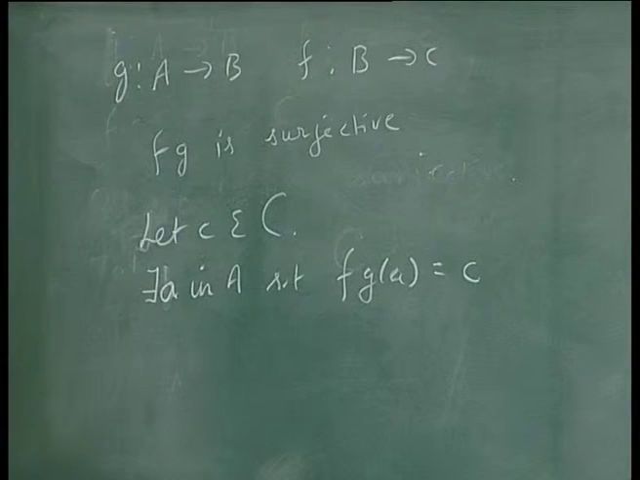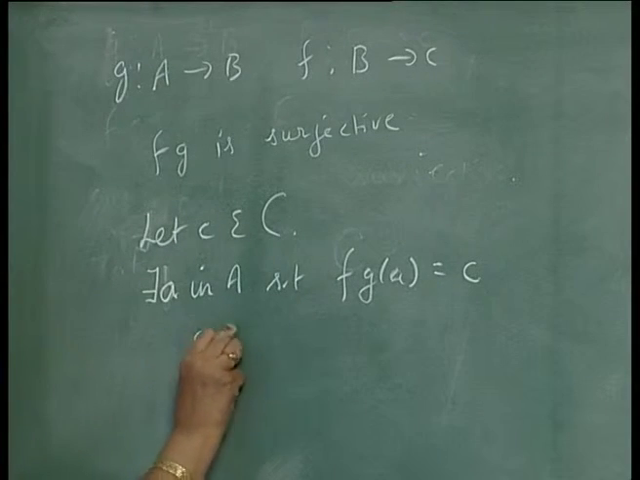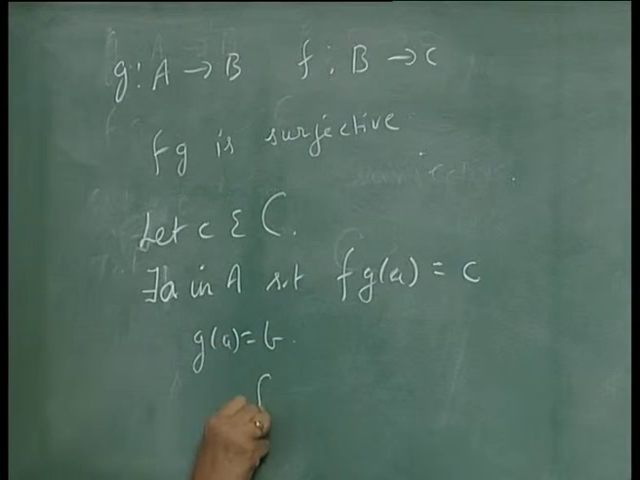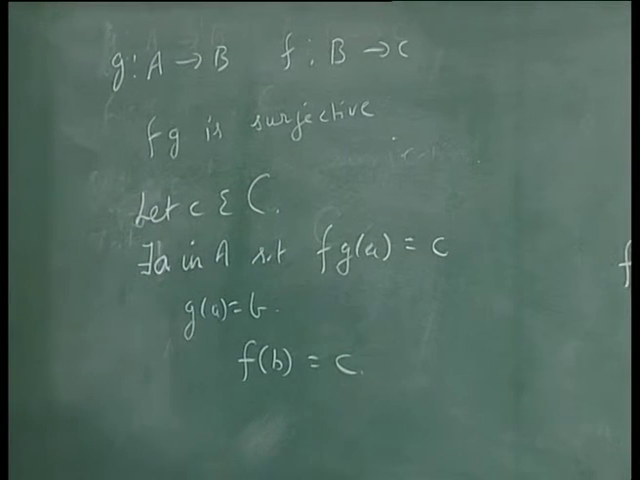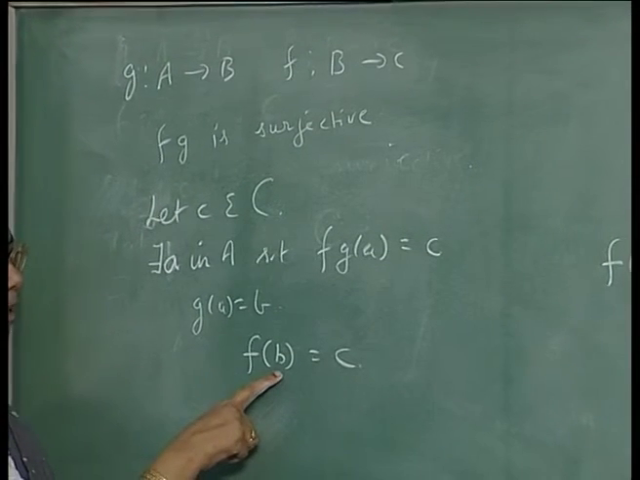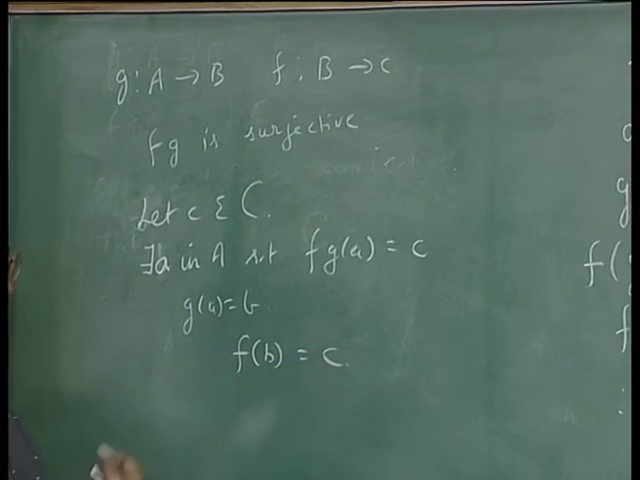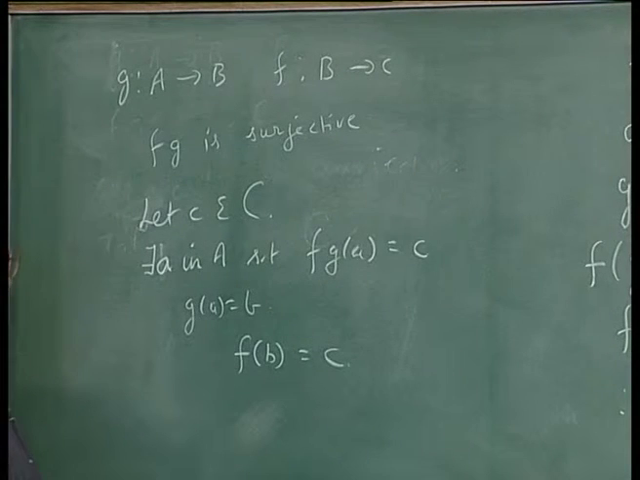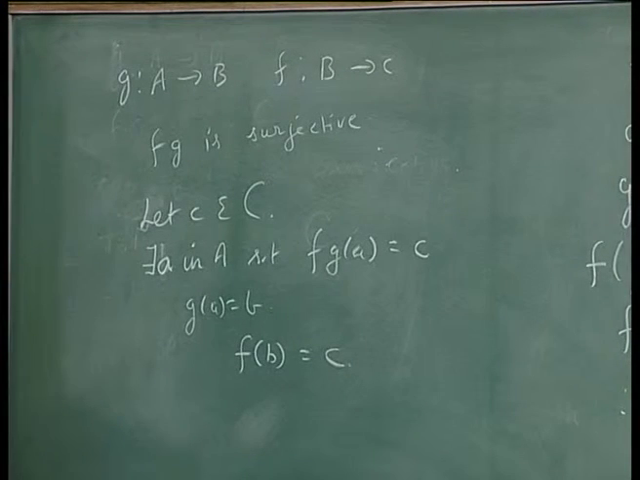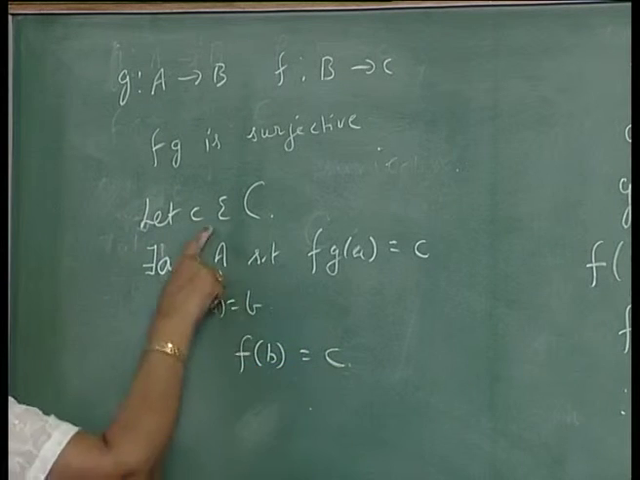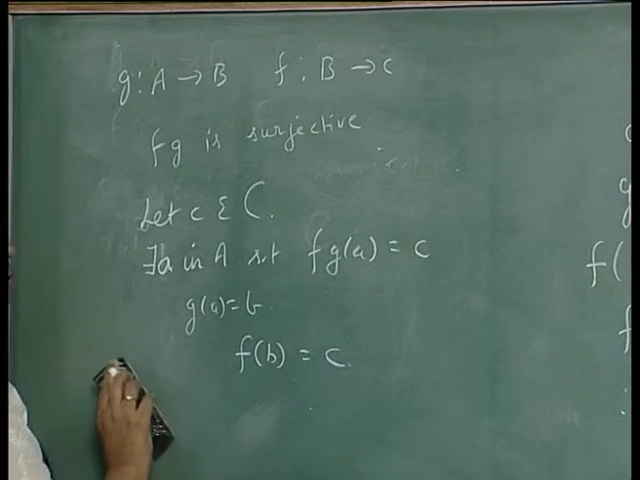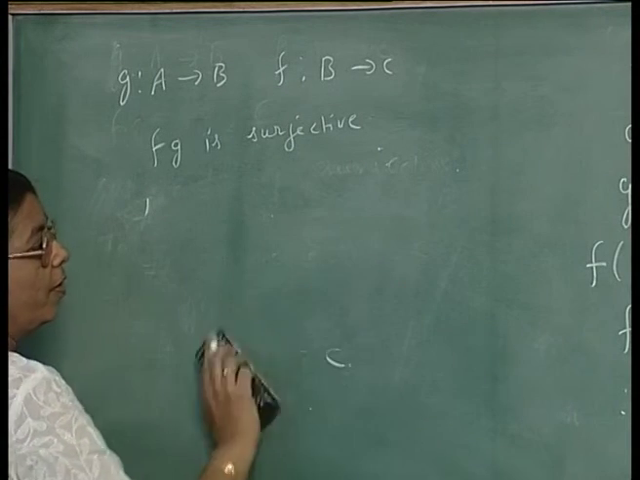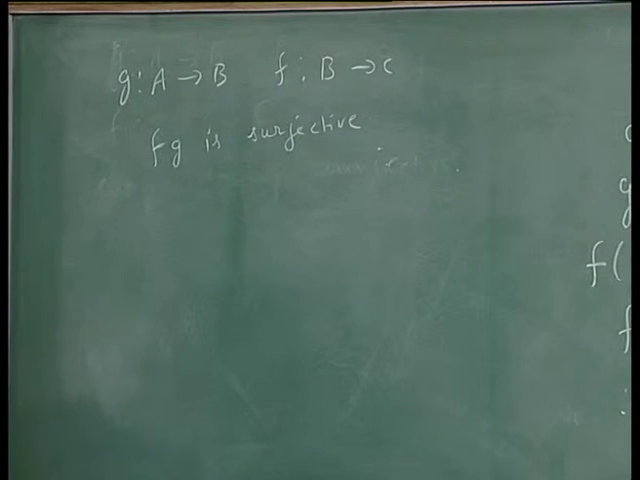But g(a) is some element b. So, f(b) is equal to c. That is, there is an element b belonging to B such that c is the image of that. That means f is surjective. This holds for every c belonging to C. So, f is surjective. The other way around, if f∘g is injective,